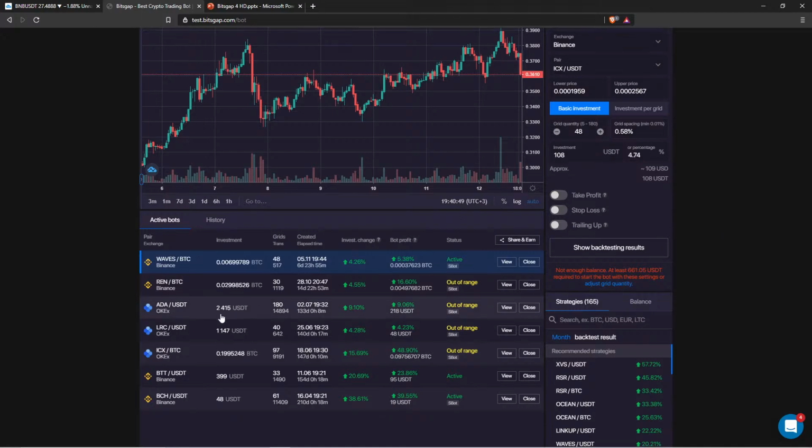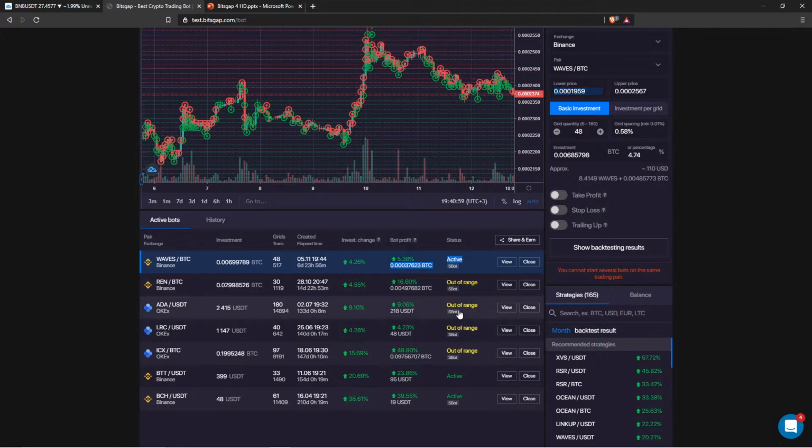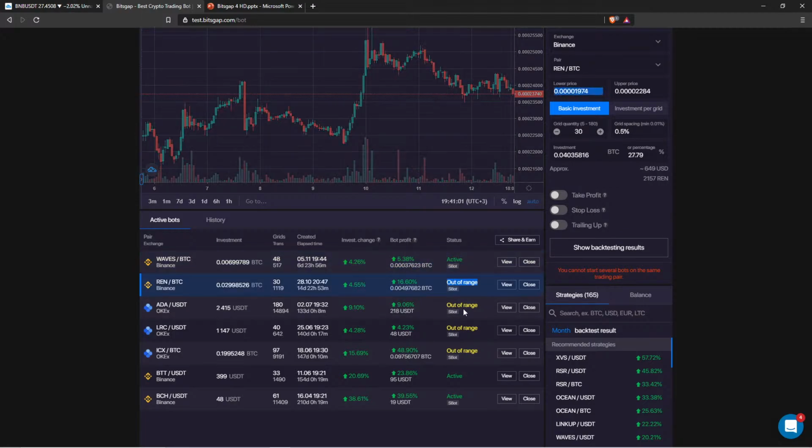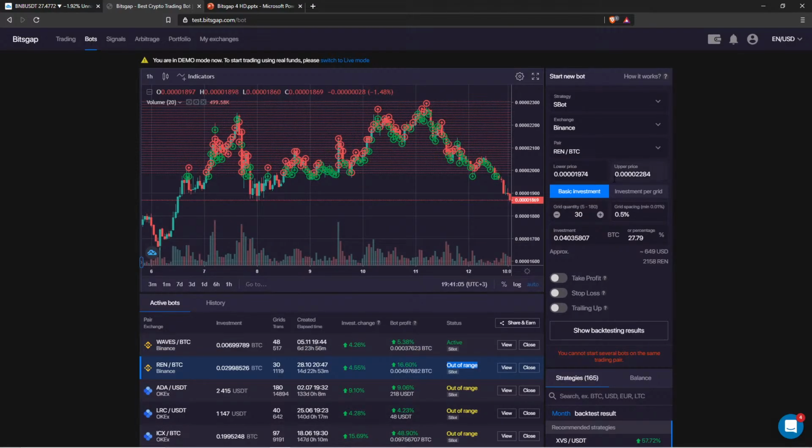So notice that I have already some bots trading on my behalf. They all have their different configurations. So some are active right now, some are out of range, and I will explain what that means in 5 minutes. So on the right side here, you have what I call the decision-making board, where you can set up, you can create your